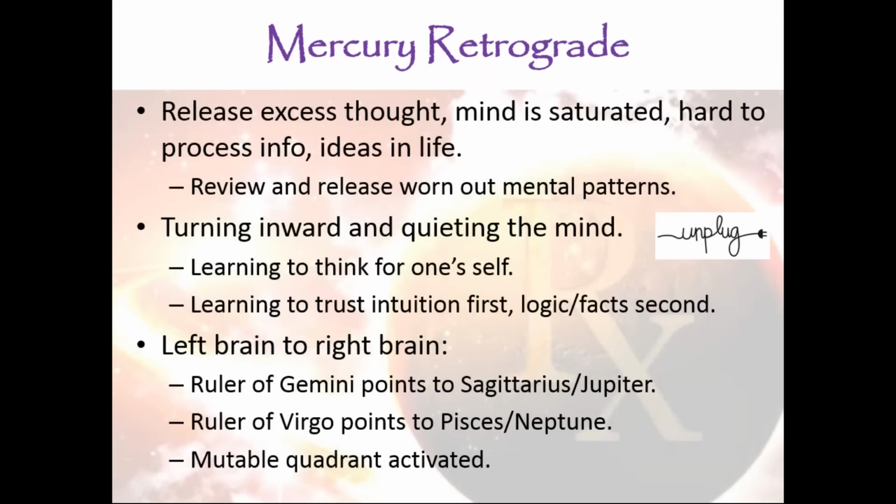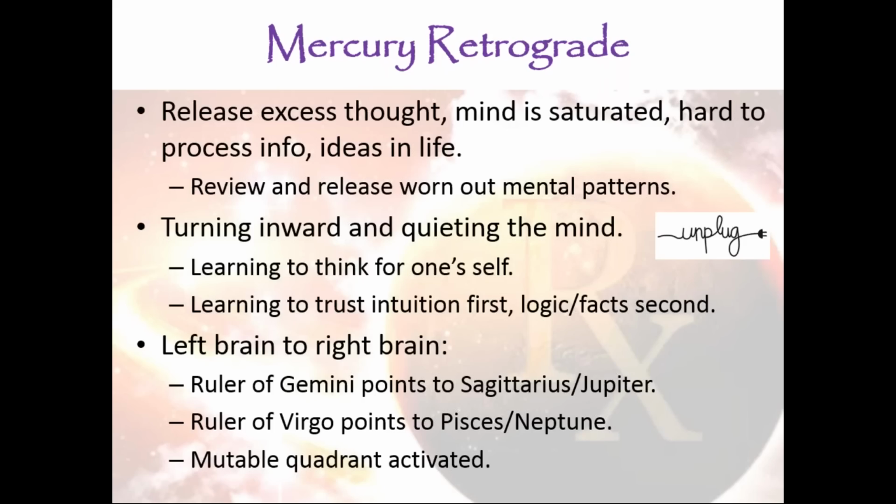Now, Mercury retrograde in general, it's a time period to release excess thought. Mind is saturated, hard to process information and ideas, so we've got to let some stuff go mentally in order to take in new ideas or new ways to process information, or be able to move forward and think differently. It's a natural time period to turn inward and quiet our mind, perhaps get in nature or unplug yourself from